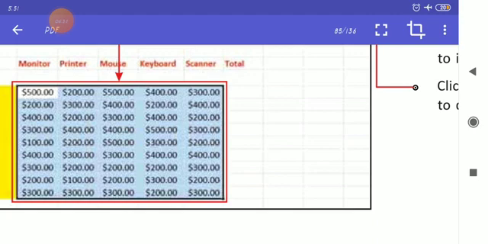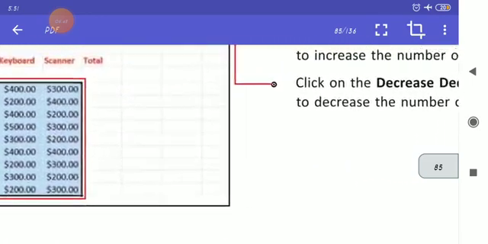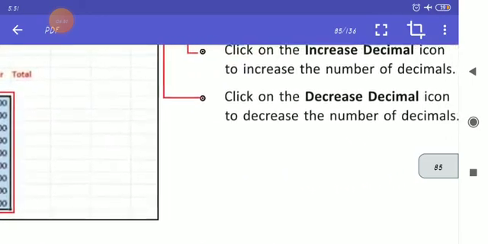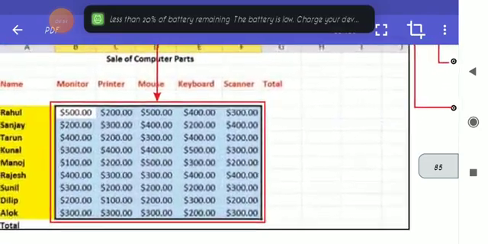If you want more decimal places, then you have to click on increase decimal, and for decreasing you have to click on decrease decimal. Clear? I hope you all are getting it.